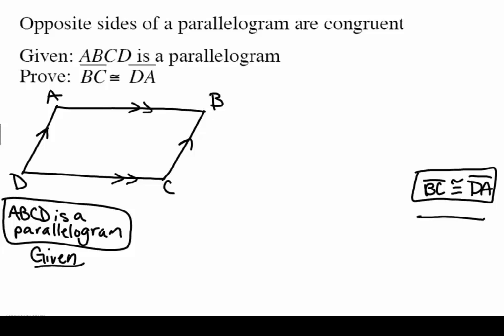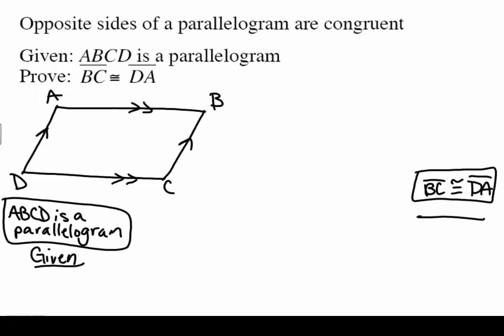Okay, so we've talked about proving triangles are congruent, and then once we've proven that triangles are congruent, that the corresponding parts of those triangles are also congruent. So now we're going to take a look at some other figures. So today we're going to look at a parallelogram, and we are going to prove that the opposite sides of